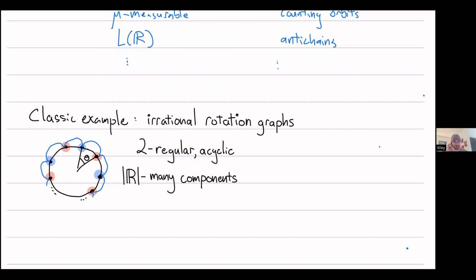There are continuum many points on the circle, and each component is countable. It's just a copy of Z. And so there have to be continuum many components. But in this sort of definable way of thinking about things, there's not going to be a measurable two coloring,